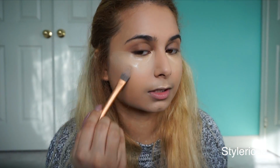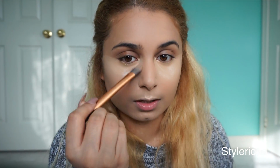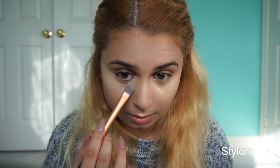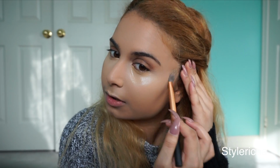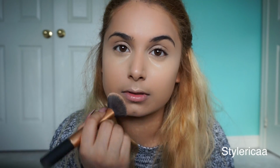And now I'm going to start blending this out. I'm going to start off with the outer edges first, just because it has the least amount of product. I'm just going to let it sit on my skin for a little bit because I want it to be sunken in perfectly. To set my under eye, I normally use my Too Faced powder, and this is just